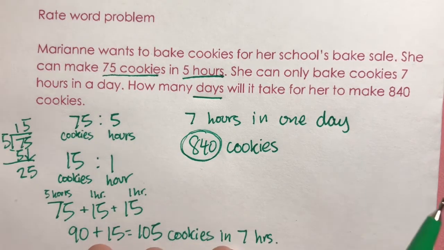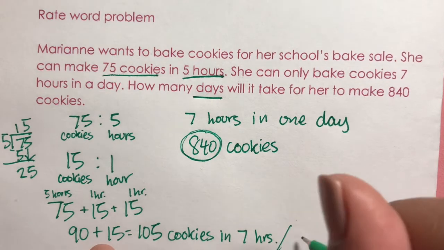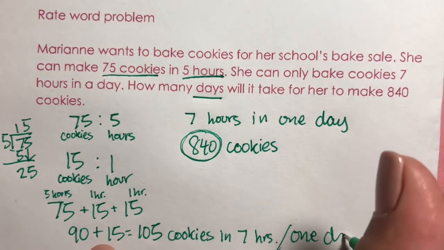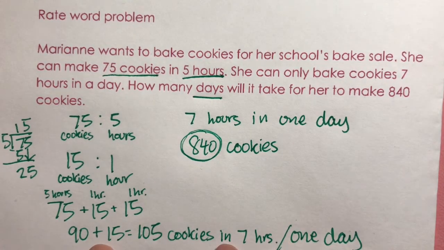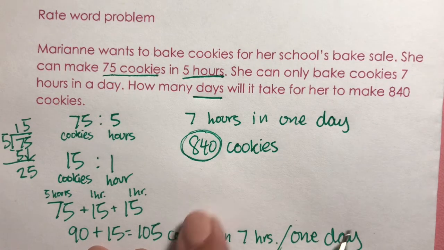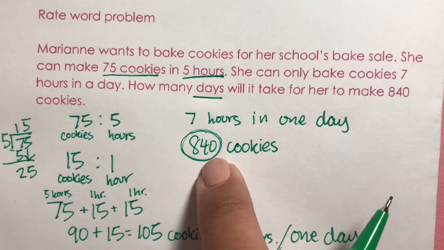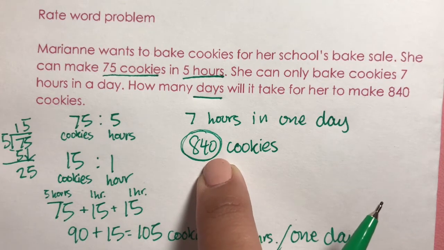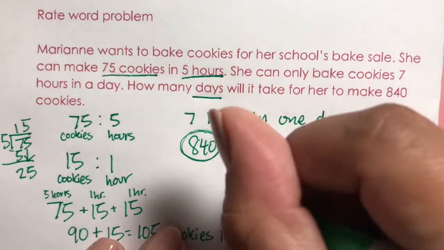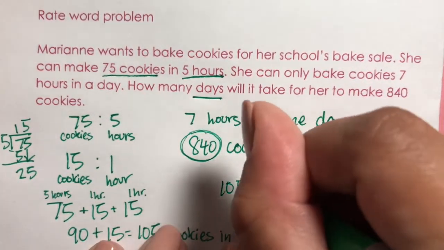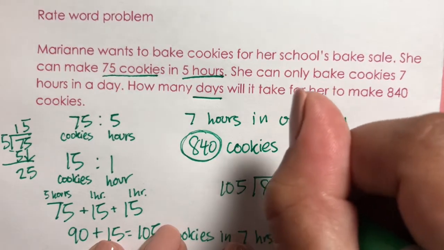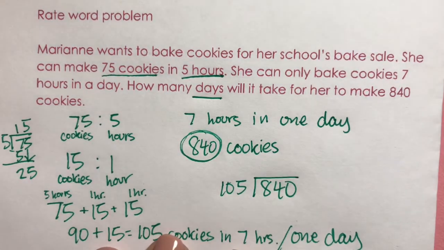So basically I'll put 105 cookies in 7 hours, or 1 day, because that's how many hours she can bake in one day. All we have to do is divide these two numbers, because this is how much she can make in one day and this is how many she needs to make, to figure out how many days it will take. So 840 divided by 105